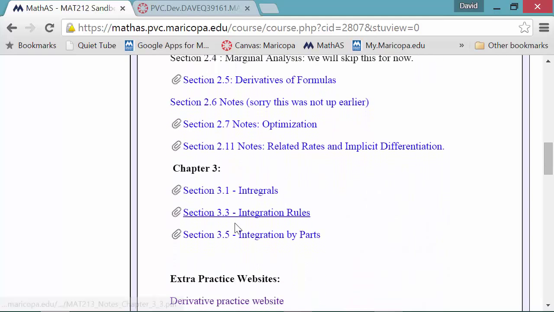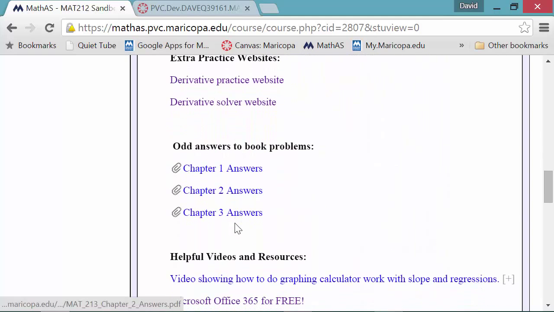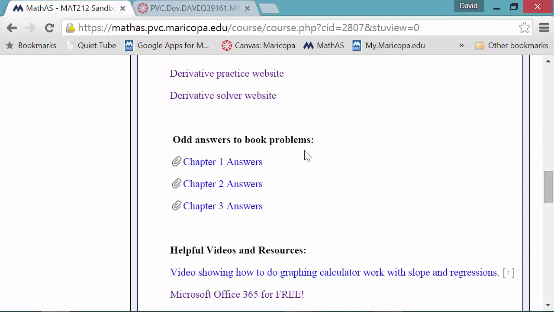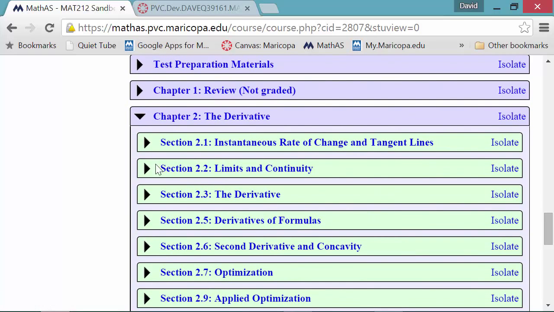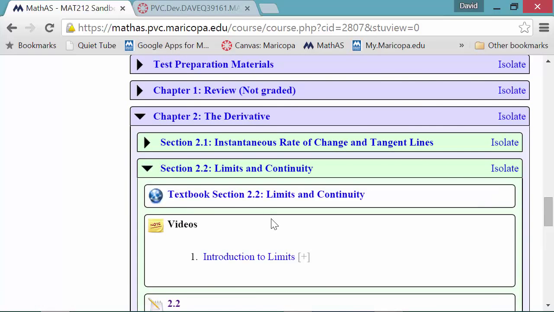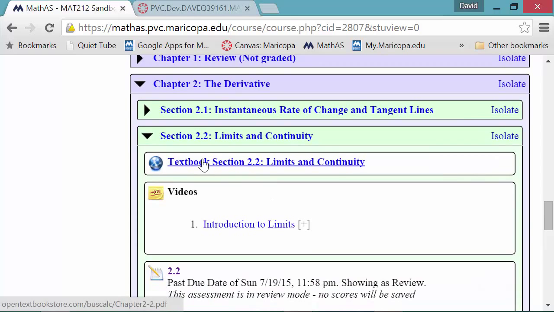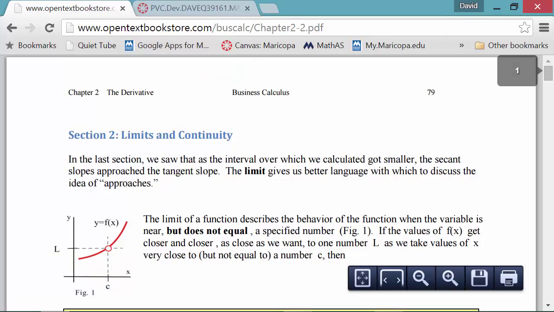And if we go down in here, we have odd answers to book problems. Chapter 2 answers, Chapter 3 answers. Now, what those are referring to are the problems that are actually in each section. So I'm going to work out of section 2.2 today. So if I go ahead and open up the textbook section, I want to point out at the end of the section,